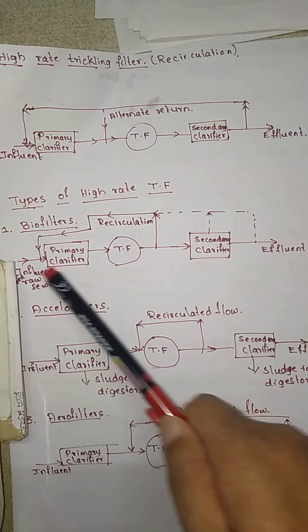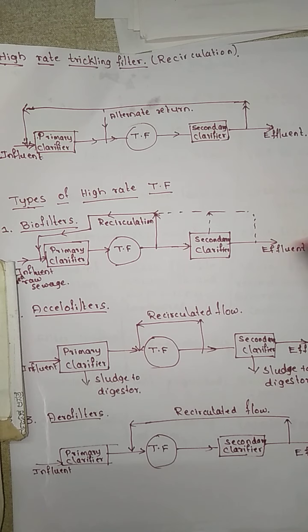Again it may be coming to the primary clarifier or trickling filter, and then the effluent is going to be obtained, right? And the additional treatment is, if necessary, wherever a lower BOD content of the effluent is required, there we are going to have these biofilters. Wherever a higher BOD reduction is required, there we may go for the two-stage biofilter. Again to this there may be the addition of one more recirculation, that we call a two-stage biofilter.